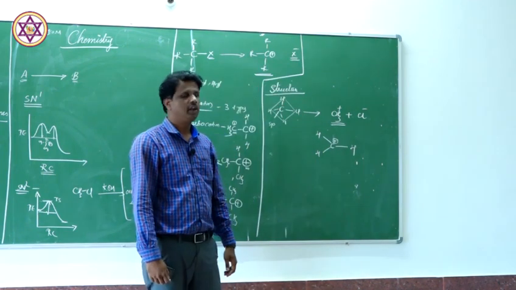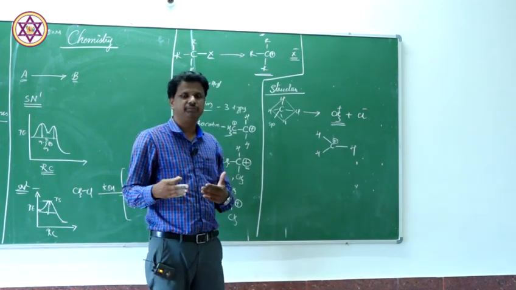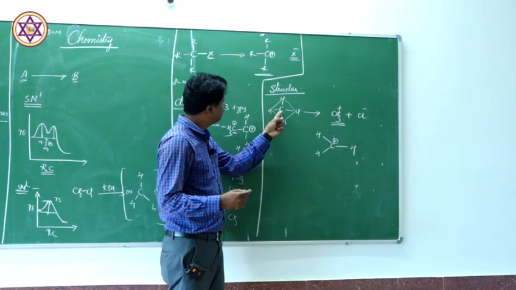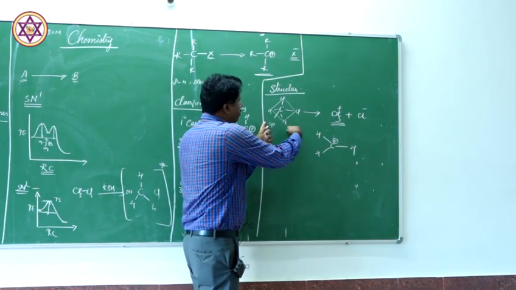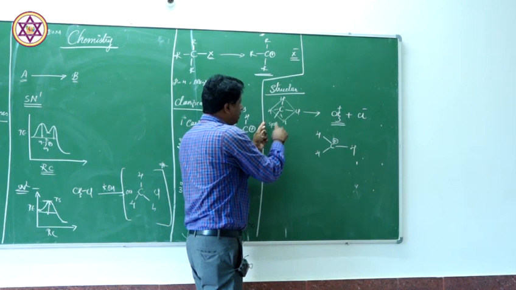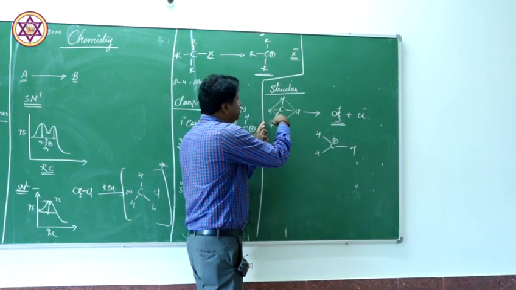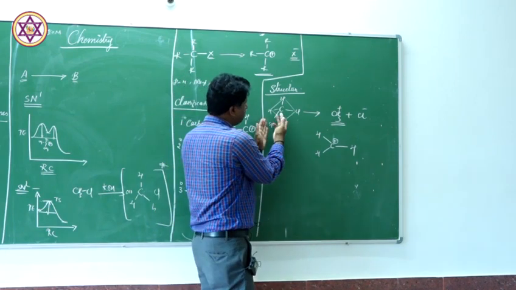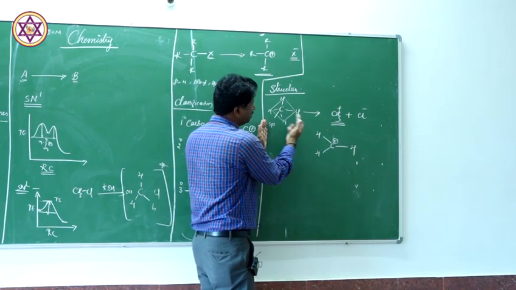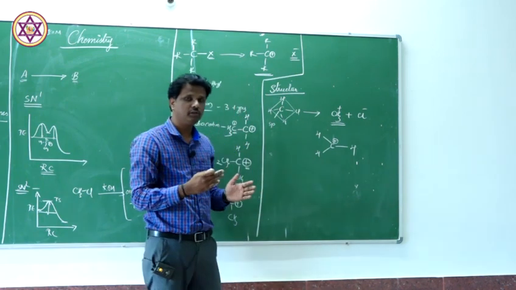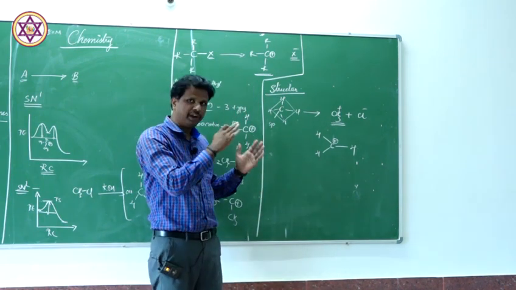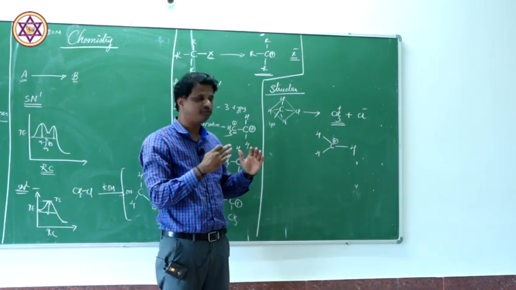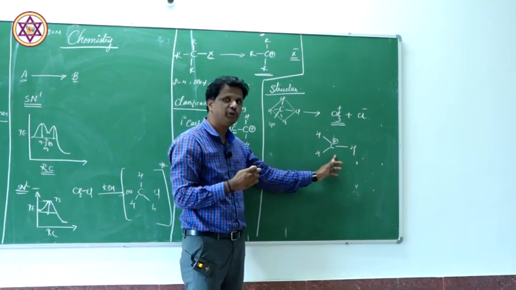This is how it looks. Now what is the change that has taken place? If you observe this methyl chloride molecule, the carbon atom is sp3 hybridized, so the geometry is tetrahedral in nature. But when the sp3 carbon breaks its bond, the hybridization changes from sp3 to sp2.